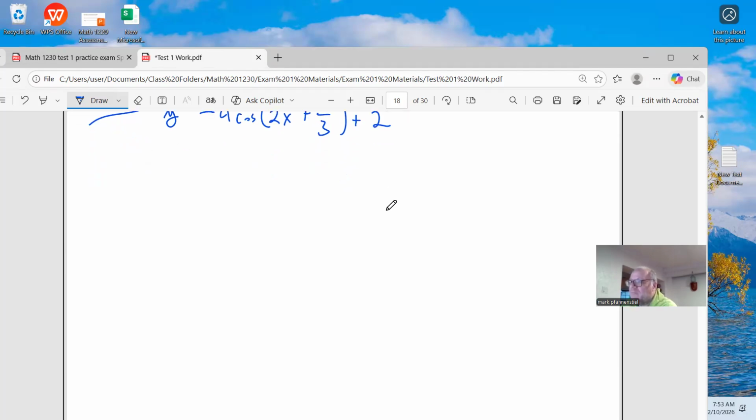All right, so a couple of things that I have to remember is that we have an offset. We have a vertical offset of positive 2. We have a reflection from the negative sign out in front, and we have an amplitude of 4 here. All right, so first thing I'm going to do is go ahead and